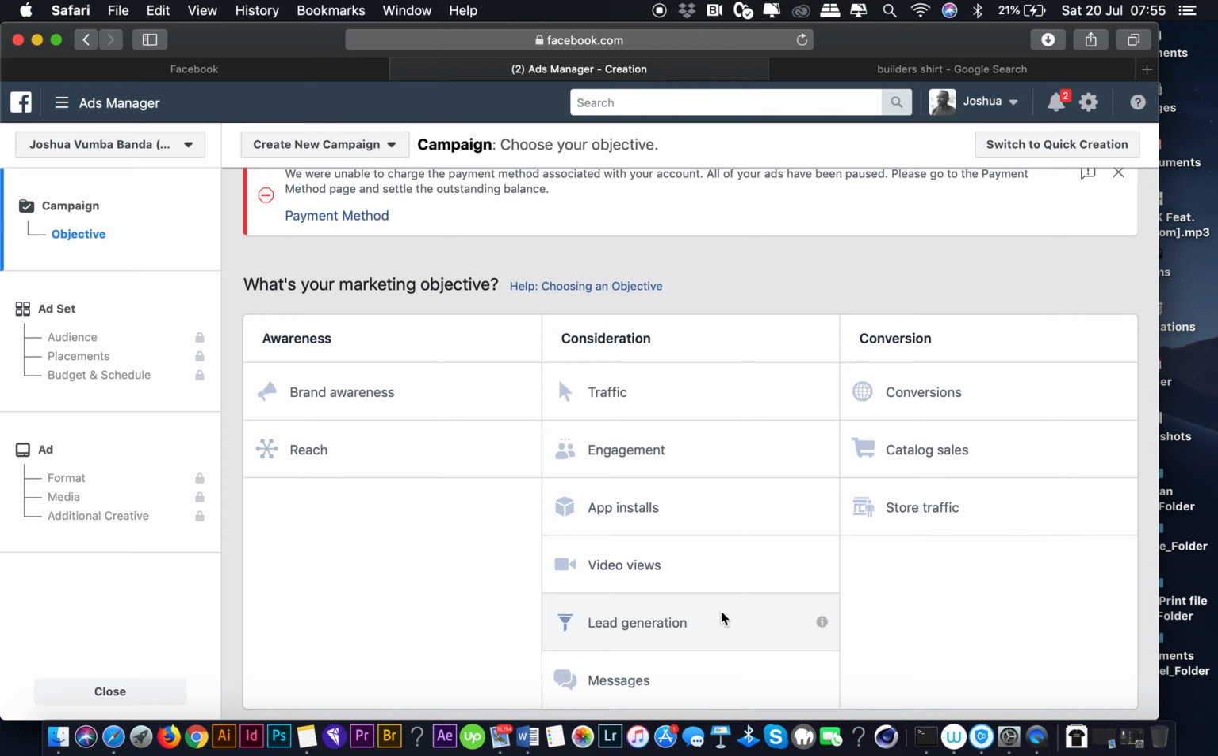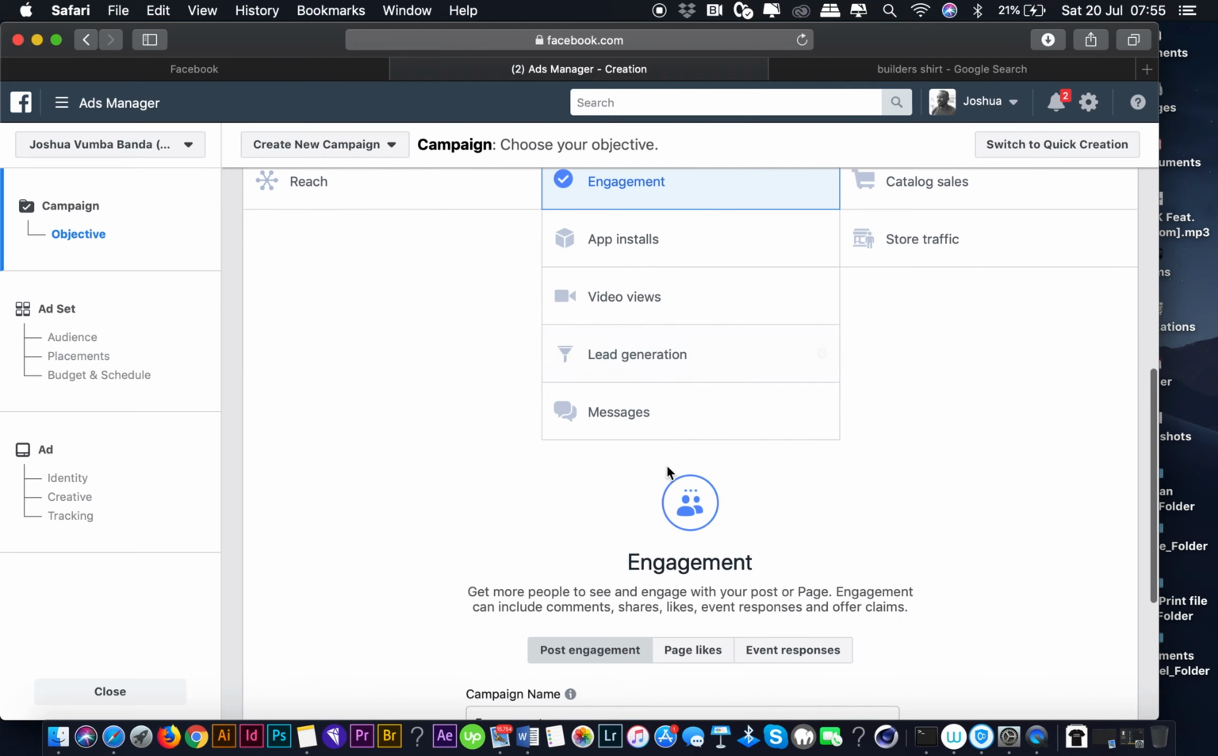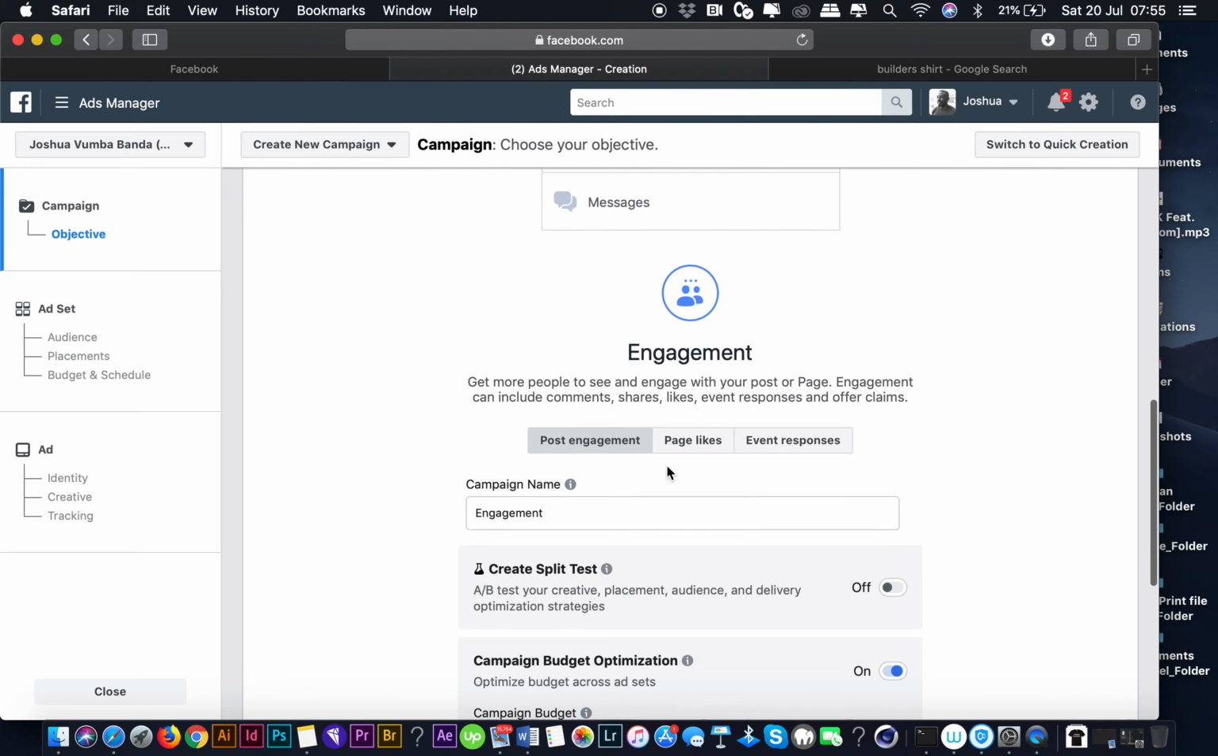Lead generation is getting people to give you their details like email address, phone number, so that you can add that to so many things. You can use it to create custom audiences where Facebook targets a group of people similar to people that have given you their email addresses. So that's lead generation. Or do you want messages? Do you want to run an ad where people just inbox you when they see that ad? I'll go for engagement for this,